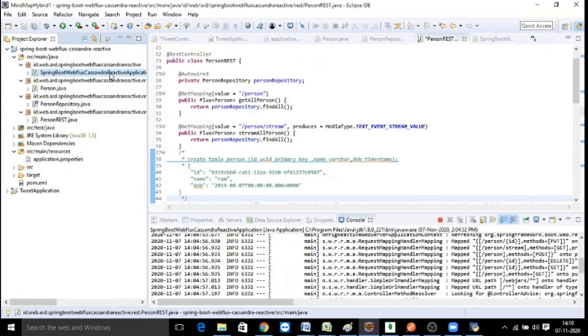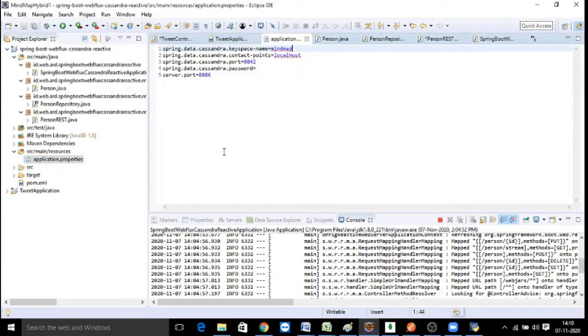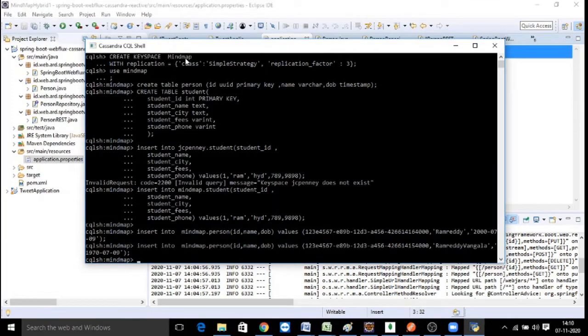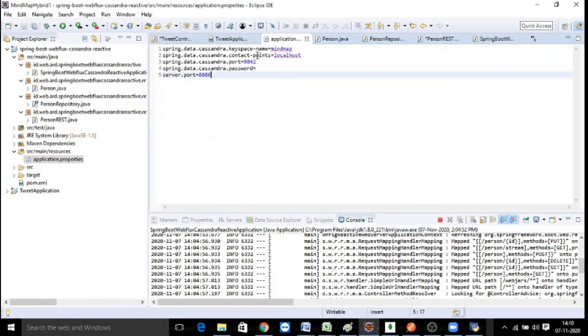We are configuring this with the Spring Boot application. You write the bootstrapping application, and then the configuration needed here is the port on which our Spring Boot application is going to run. The database related properties we configure with the keyspace name, which is like a schema in a database. We first create a keyspace, whatever keyspace we give here we configure here, and then the host on which your Cassandra server is installed, and the default port is 9042.